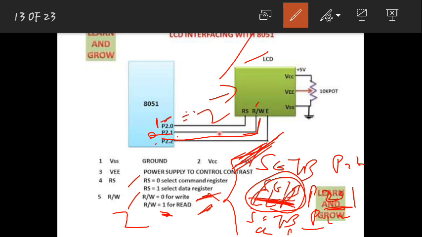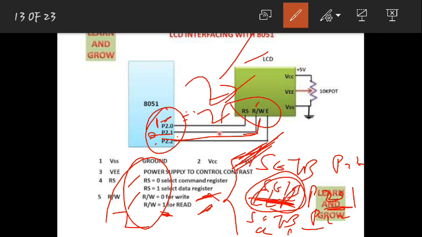By using only these 3 pins, the LCD knows only whether I am giving a command to it or giving data to it. And whether it is data or command, depending on the values I write here, after giving that, the data or command should be latched into the LCD, which means I should give a high to low transition at this enable pin. Is that fine?